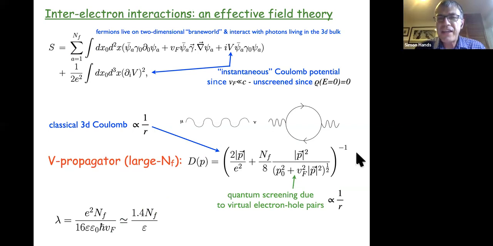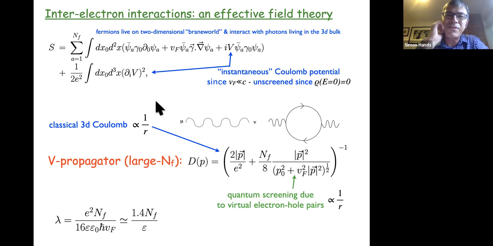It's appropriate to think about this because the density of states at the Dirac point vanishes. Coulomb interactions between the electron-like excitations are unscreened. So it's appropriate to model interactions in graphene as some kind of electrostatic interaction. And that's what this Lagrangian here does. I'm not going to go through it in detail because I'm not going to work with it today. But essentially, here are the fermions, degrees of freedom, moving around in 2 spatial dimensions, interacting with a dynamical electrostatic potential here, but the electrostatic potential is governed by a 3 + 1 dimensional action, sorry, because